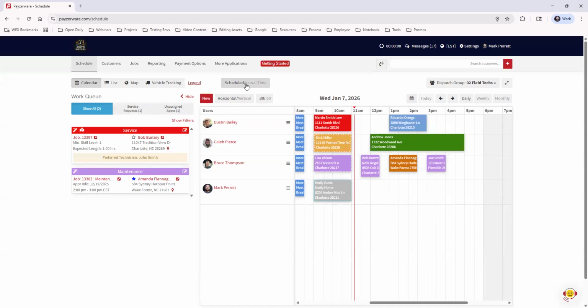Scheduled versus actual time. On the schedule, when you're looking at the scheduled format, this is what you scheduled. This is the scheduled time. When you create the appointment, that's what it was intended to be. And then when your technician goes out and they clock time on the job, each job does have a job